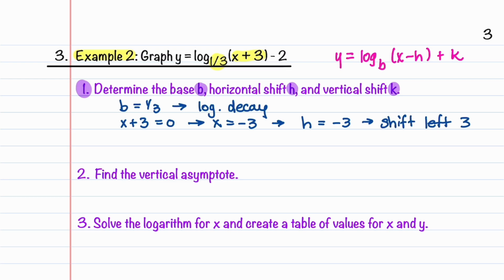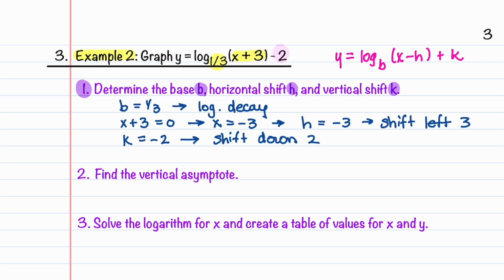Now let's look at the vertical shift. I'm going to highlight this one in pink so it's easier to see. Our vertical shift is just our standalone constant in our equation. So let's write down that our vertical shift k is equal to minus 2. It's negative, so that tells us that our graph is going to be shifted down by 2 units. So let's write down shift down